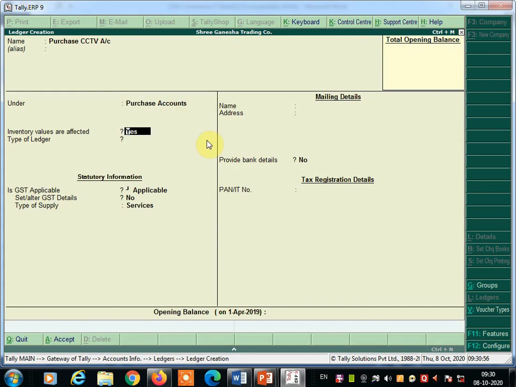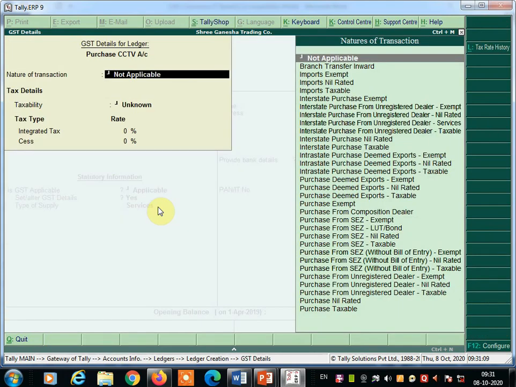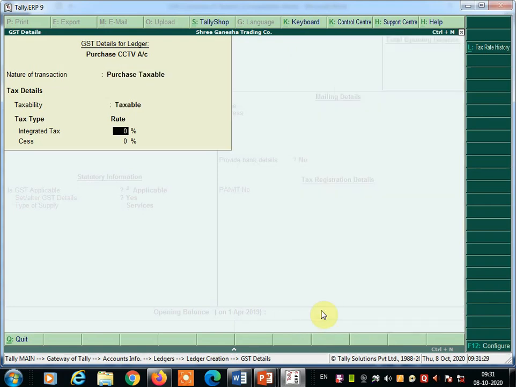GST applicable, yes. Here it is mentioned applicable, set alter GST details, yes. And here it asks the nature of transaction, purchase taxable. So in this nature of transaction, mention purchase taxable, press enter key and select it.